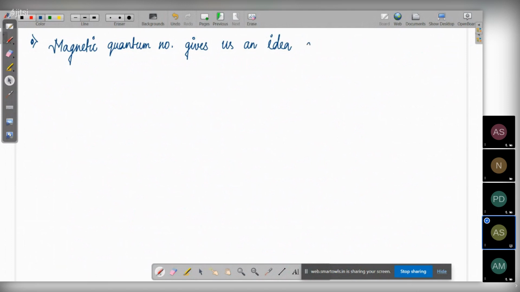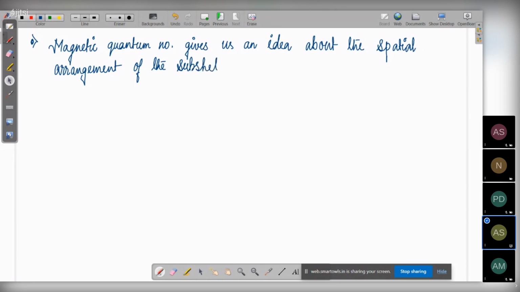It tells us about the spatial arrangement of the subshell, with reference, let's write the full spelling, with reference